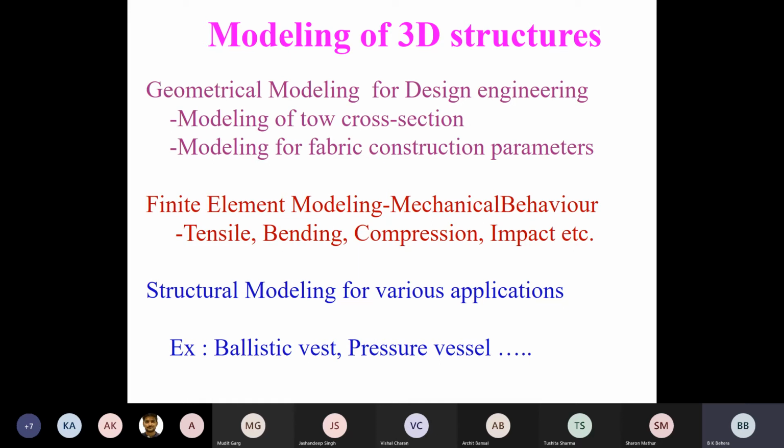Now I'll give you some idea how these structures are produced by deciding their construction particulars. For example, nowadays you are all in 3rd year, we are studying the theory of textile structure in woven fabric by Peirce geometry, from where you can calculate all the weaving parameters, all construction parameters, what will be the fabric thickness, what is the fabric packing, specific volume. We can calculate areal density, what is the GSM of the fabric. You can calculate cover factor, you can calculate crimp, you can calculate all these parameters.